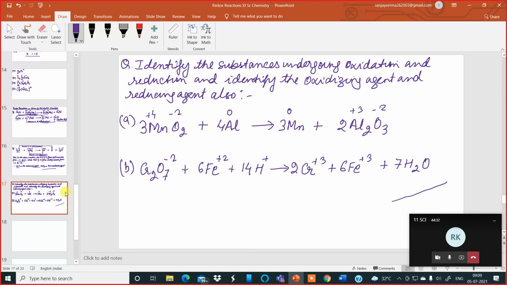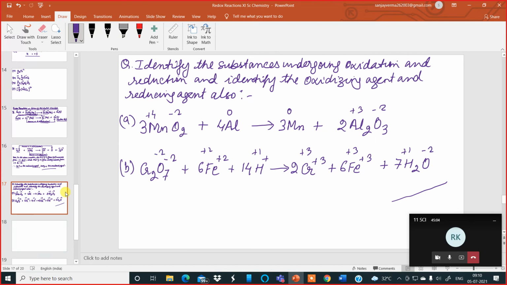Try to get it anyhow. For the second question, I am not writing the oxidation number of the given elements above the symbols, but you can easily get it. For example, Fe2+ is +2, since the overall charge is 2. H+ is +1, Cr3+ is +3, Fe3+ is +3. In water, hydrogen is +1, oxygen is -2. Similarly, in dichromate ion, oxygen is -2, and you can get the oxidation number of chromium easily.